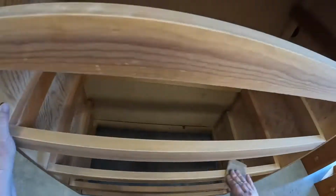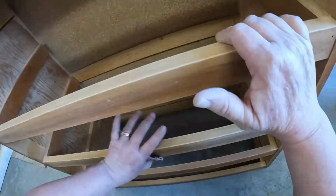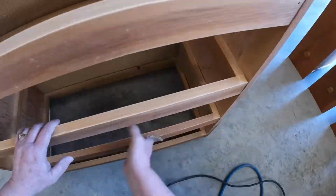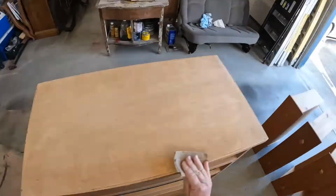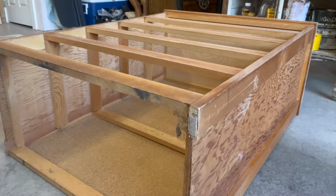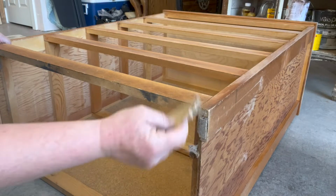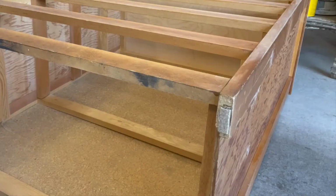But I do think there was some sort of varnish on this. When I turned over the drawers, I could see little drips that I think probably came from a varnish. So maybe the oil varnish that they used made it look yellower than it was. So you can see on the right hand side there's some marks there, some white marks,